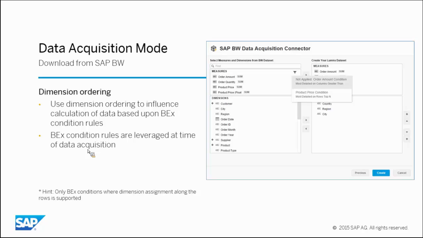We also support conditional formatting, which is conditions enabled on the BEx Query. The conditions are applied during the acquisition workflow, so whatever conditions are created will be respected while acquiring the data. But once the data is acquired and you are actually in the Lumira document, the conditions are kind of disjoint. So what we recommend is to make use of the conditions available within Lumira if you want to further work with conditions for your data analysis